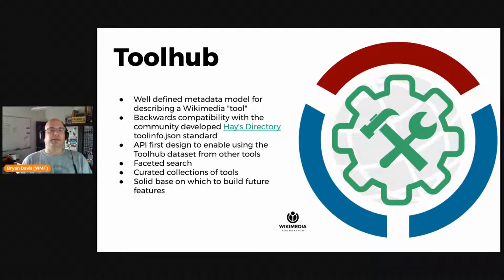Critical to this openness is our API-first design. A web API is a fancy way of saying that a web application has features that can be used by other software rather than just by humans. And in our case, Wikimedia volunteers should be able to build tools that interact with the data stored in Toolhub in many ways.